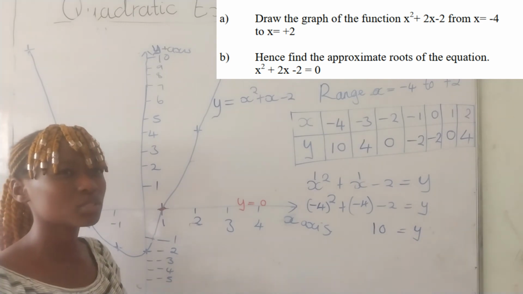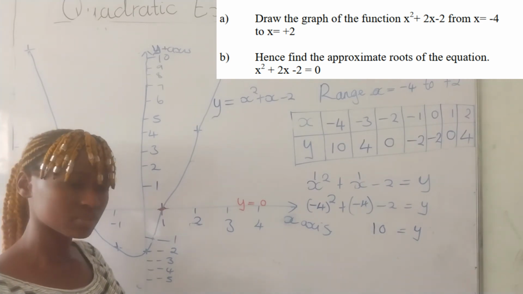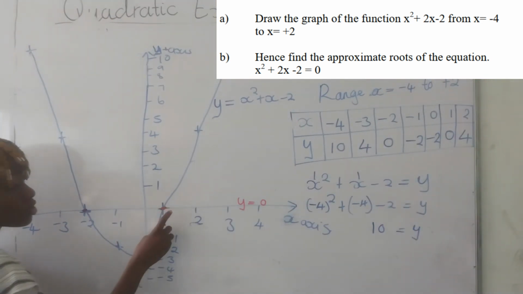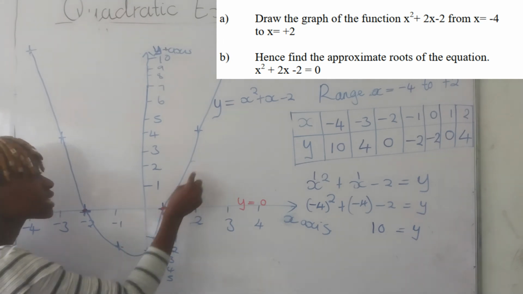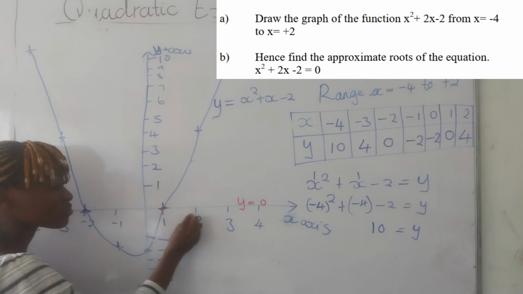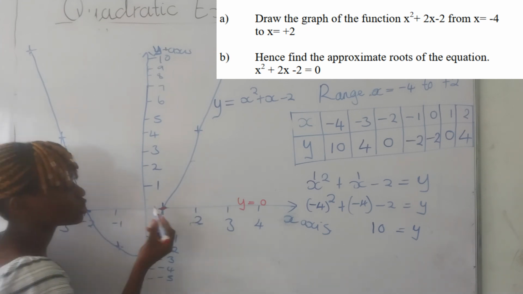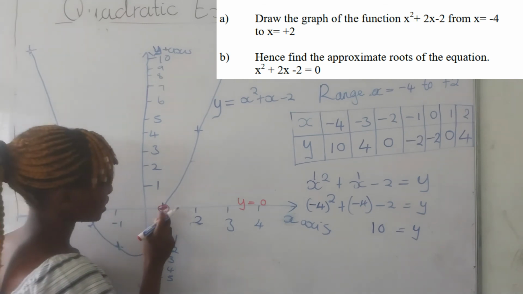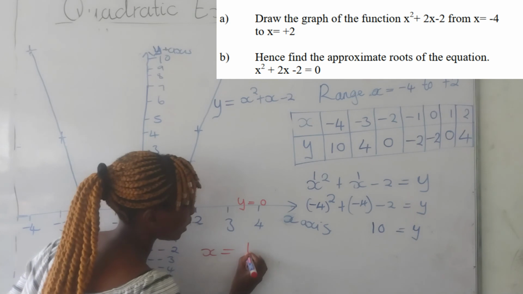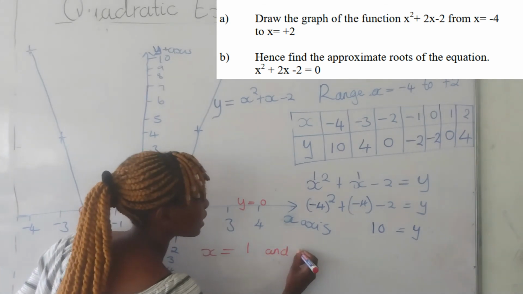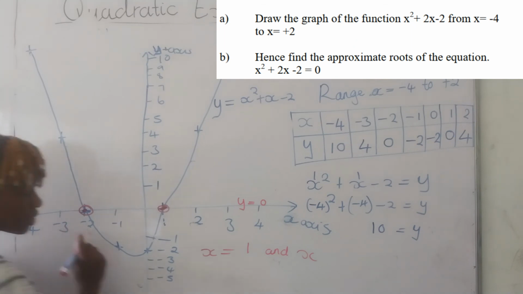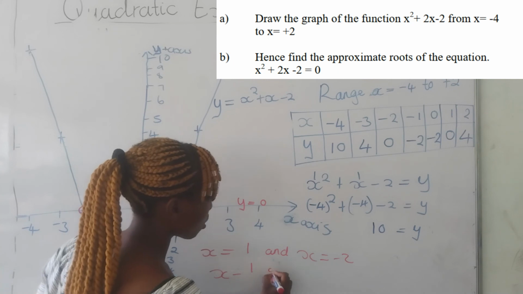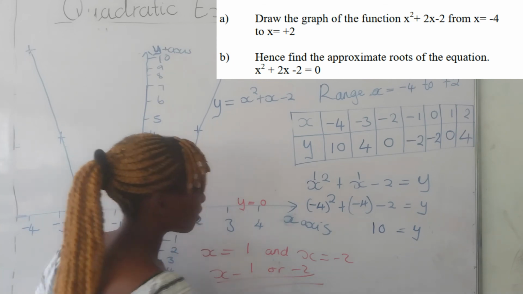But for solving the roots of the equation, we find the parts where the curve touches the x-axis. So it's this part and this part. So what does it read? Here it reads x is equal to 1 and x is equal to minus 2. So you can write x is equal to 1 or minus 2. So that's